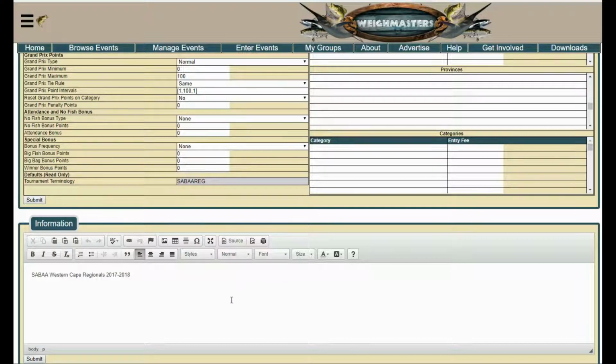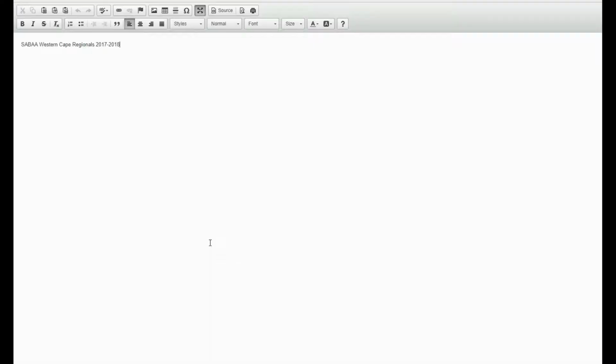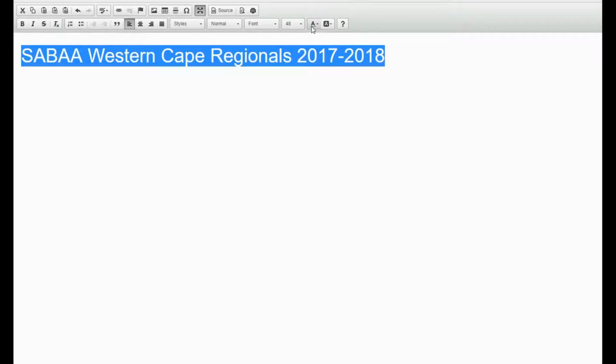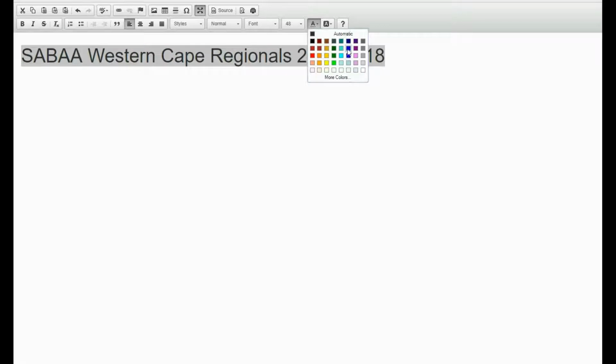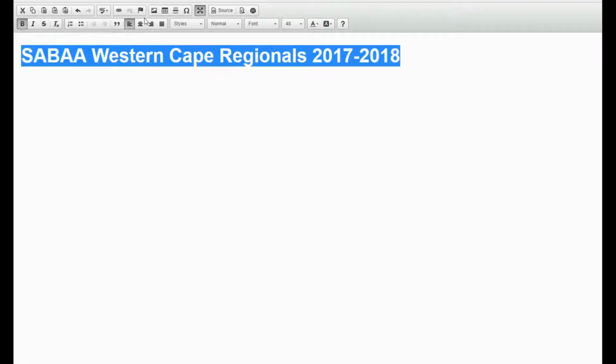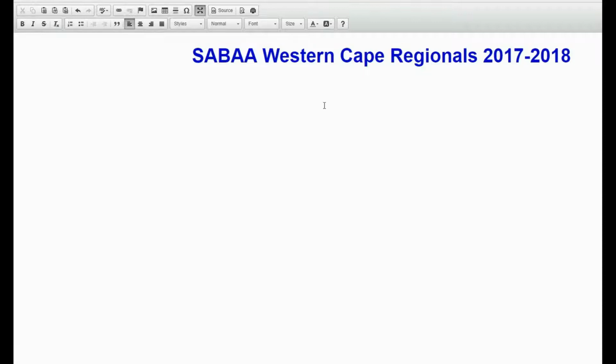information. Just to give you an idea, what we can do here is I normally select this maximize. It gives me a full screen to work with. I can make this bigger and a bit nicer, or easier to see. Sorry about that, let me just click there. Right, so what I want to do is change the size here so it stands up a bit more. I'm going to change it to 48. I'm going to change the color to blue. This is just eye candy, but it helps to make it easier to read and all those sort of